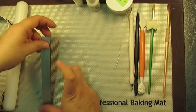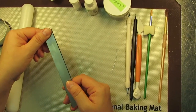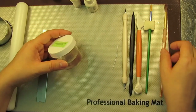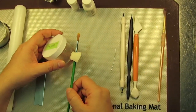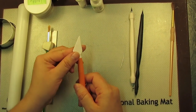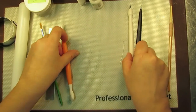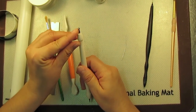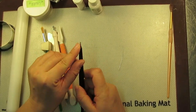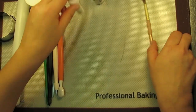Okay, you'll also need a blade. It doesn't necessarily have to be a straight blade like this one. You can use an X-Acto knife if you wish. You will need some edible glue and a brush for your edible glue. You'll also need some type of a straight edge. I like to use this knife tool that comes with the shell tool from Wilton. You'll need a medium-sized ball tool, a very small ball tool,